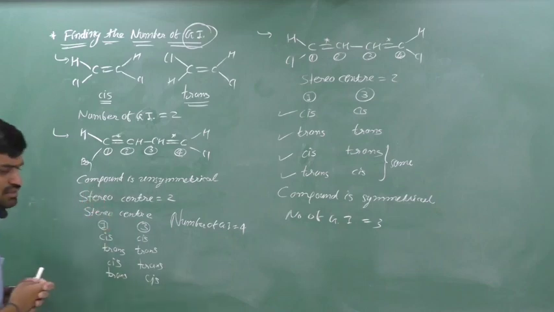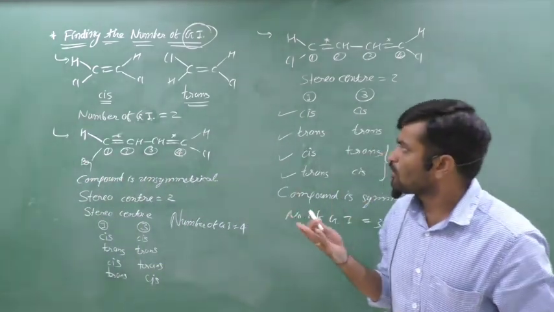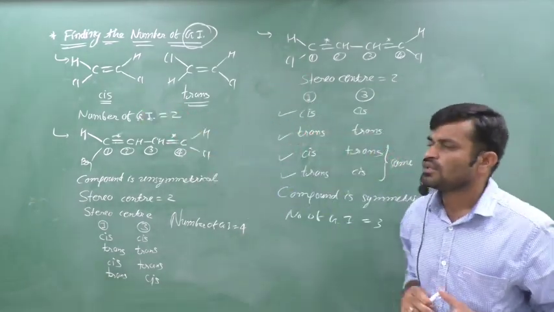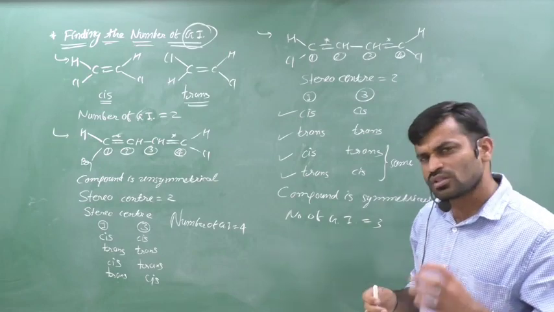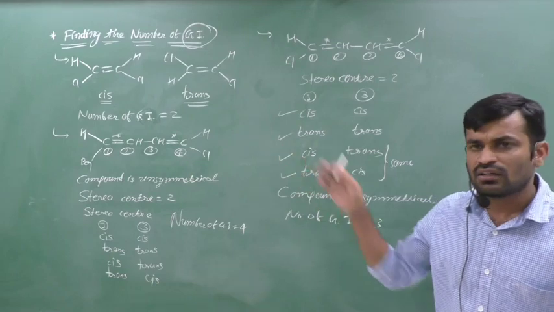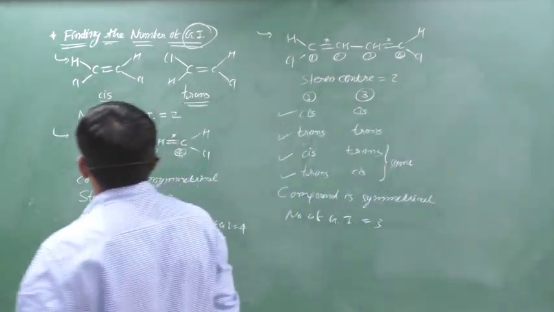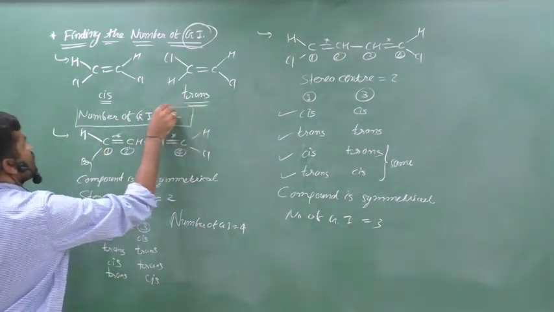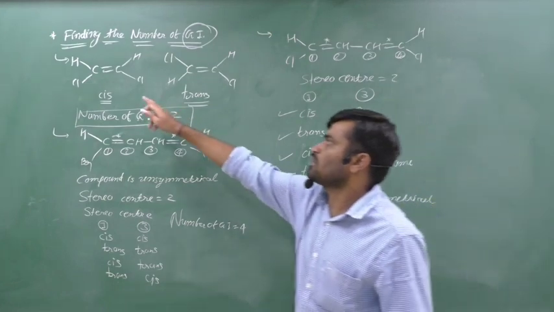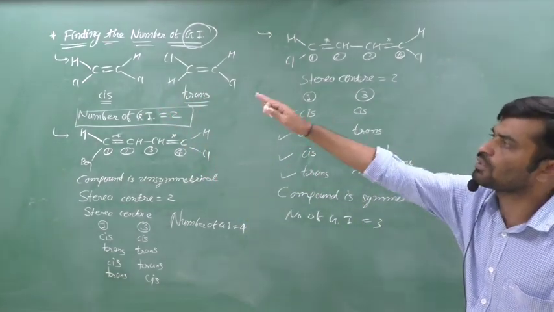Now if anyone asks whether further compounds are possible for this compound with respect to geometry, we can say no. Both possible geometrical isomers, cis and trans, are written here. Other forms are not possible. If you are asked the number of geometrical isomers for this compound, we can say 2. First one is this, second one is that. There is no possibility to create a third isomer with respect to this structure.